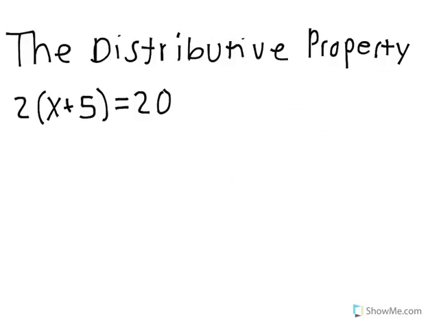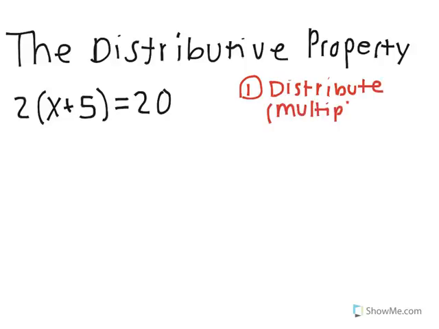Okay, we're moving on to our next topic, which is the distributive property. We use this to solve algebraic expressions, which means solve for x. So our first step is going to be to distribute. When I say distribute, it's kind of like multiplying. See, I distribute the 2, so I multiply each term by 2. So I'm going to get 2x plus 5, not 5, but 10, because 2 times 5 is 10, is equal